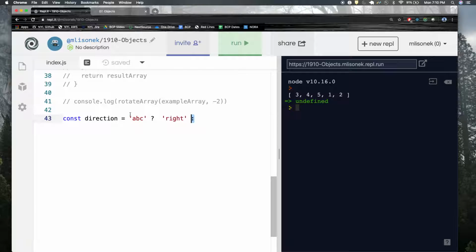The colon is, whatever is to the right of the colon will be returned if the thing to the left of the question mark is falsy, okay? You could think of it like ABC, right, otherwise left, okay? I literally do that in my head all the time, okay? So if I console.log this direction,